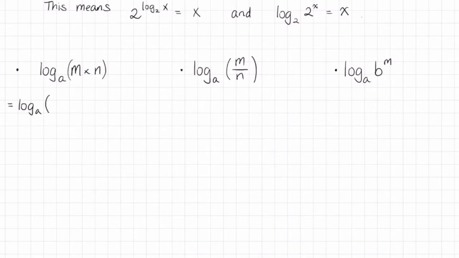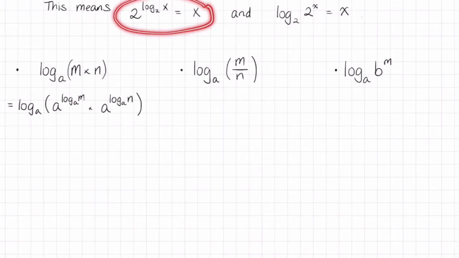I'm going to write m as a to the power of log base a of m, times n, which I'm going to write as a to the power of log base a of n, because I know they're the same things, right? A to the power of log base a of m is m. So we're looking at this. I just replaced 2 with a and m with x, and that would be the same thing, and same thing with n. Then I'm using my log rules to combine these two expressions here,